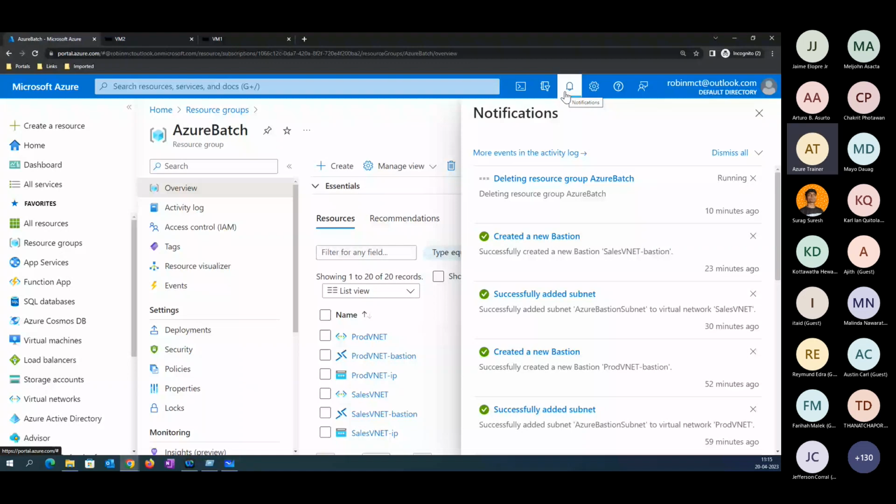Since it's taking time, we can take a 5 minutes break and come back. Let's take a 5 minutes break because it's taking longer than expected. After that, we'll do the NSG lab. We'll try configuring an NSG, and we'll try configuring a firewall also. Let's take a 5 minutes break.